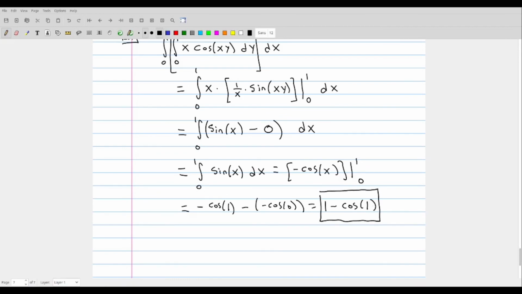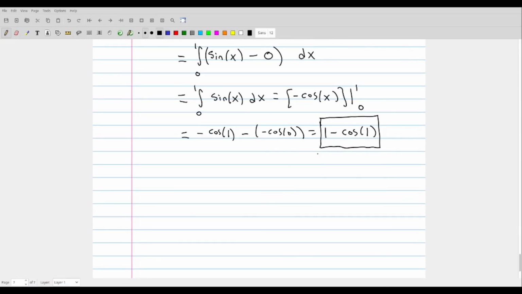And this value is exactly the correct value of the double integral of the function x times cosine of xy over this region R. That's the accumulation of this function over this region. So this is the method of doing iterated integrals over a rectangular domain, and it's our starting point for how we're going to be thinking about evaluating the double integral of these functions over many different types